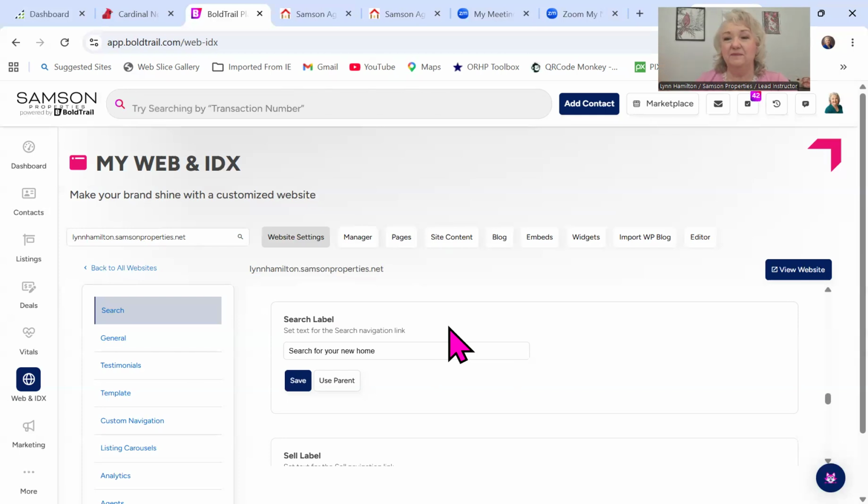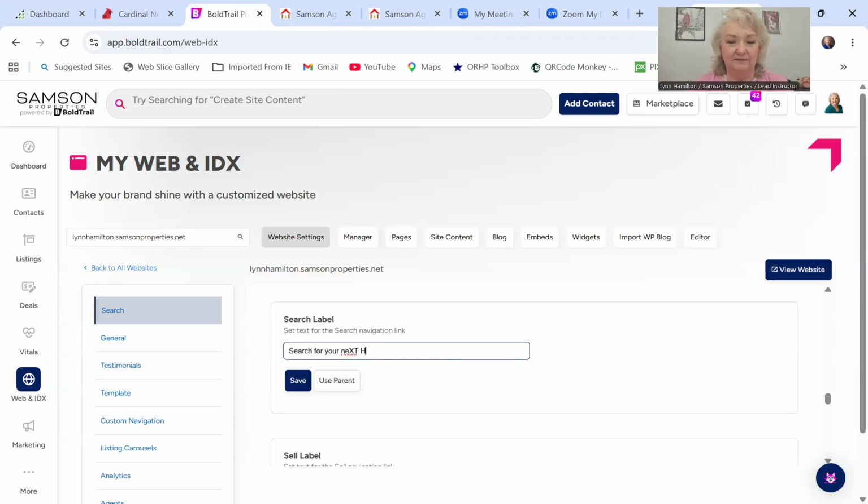Now, many websites have a search component. Cardinal Nest does. You can go into that search, put in anything you want, and it will find it within that site. This is not the same. If a consumer were to click on search, it's to search for the next home or search for their new home. So this is why I recommend that we change that tab. And again, you just put your cursor in that. You just back it up and then delete it out and